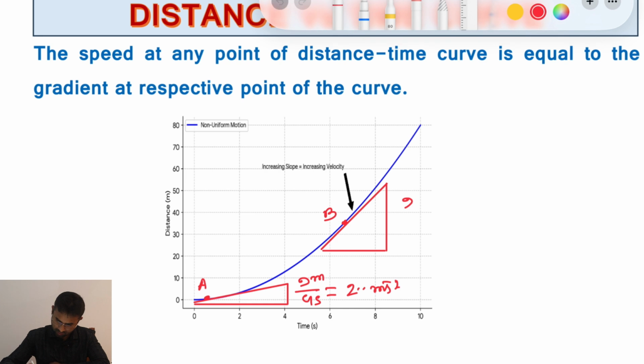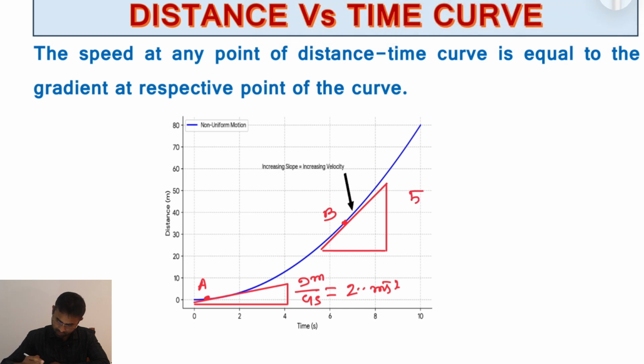Here it is 50 meter and x displacement is almost 9 meter, 9 second. So this value will be 5 point something meter per second. So we are observing here the velocity of this non-straight line curve is different at the different